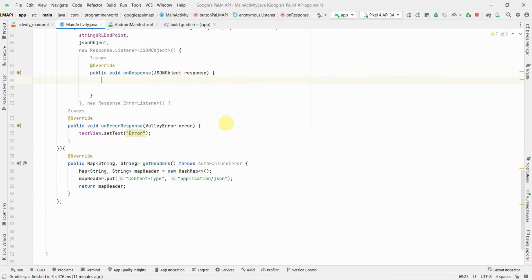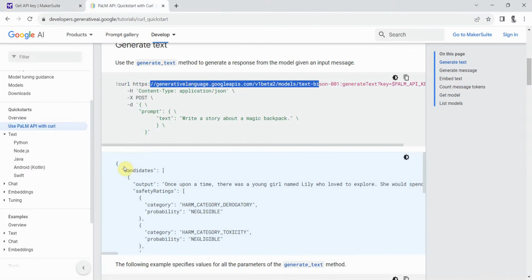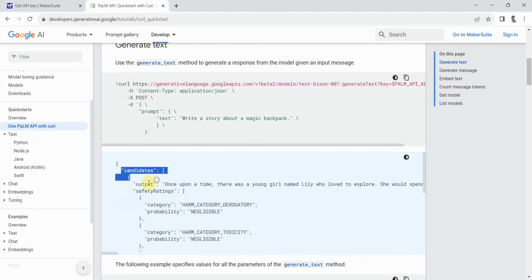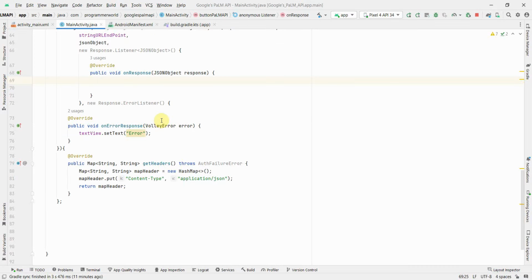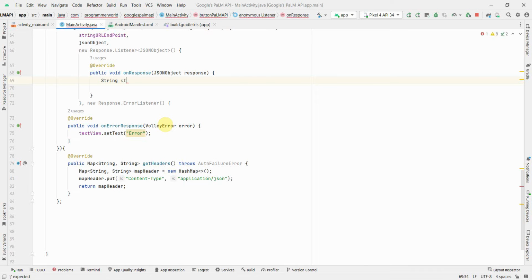Now in the onResponse part, that's where we have to refer to the documentation again. If I go back here, it will return something called an array of candidates, and the first output is what we have to fetch over here. So if I go back to my code, you can get the output in a string format. So string output,